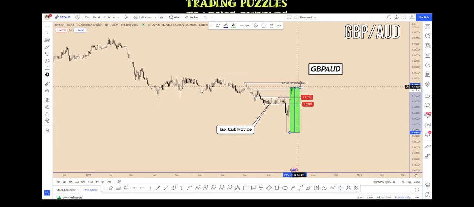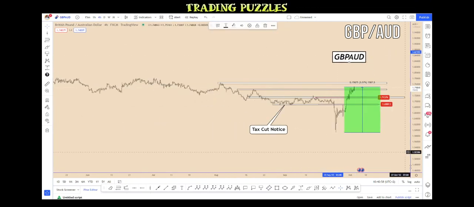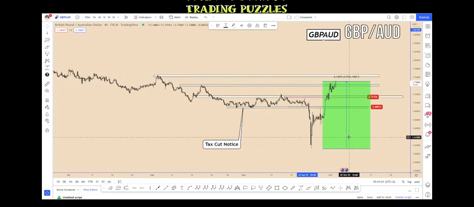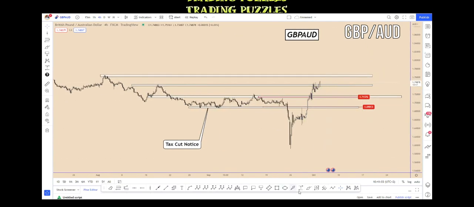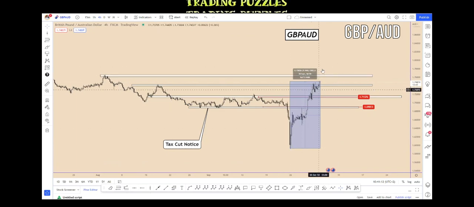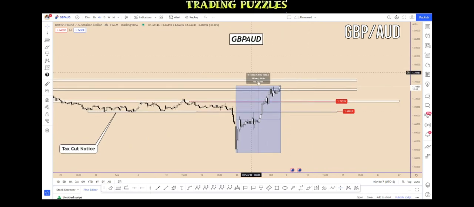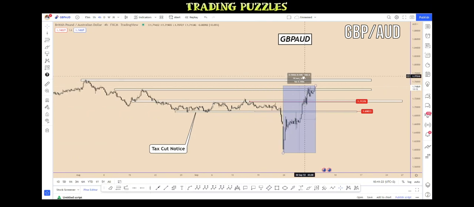Price deleted approximately 1600 pips in a matter of 8 days. So it doesn't make sense at all that we can see the price make this type of movement up and down in a very fast way. That is why we need to be careful. Look at the days from the low to the high, 8 days here. I can't say that GBP is going to push only up, because with 1060 and 600 pips, price needs to